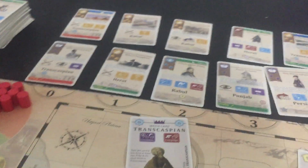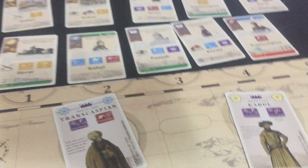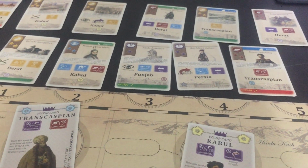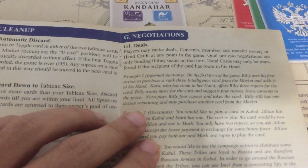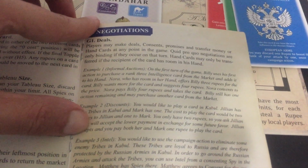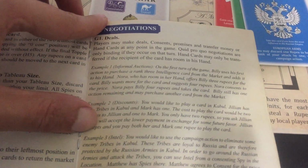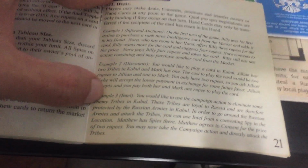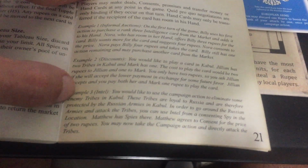And there were different kinds of negotiation listed in the original rule book, as you can see right here. And they had 3 examples kind of showing the different things that you can do. You can do auctions. You can do discounts on like bribes and stuff like that, which you can still do in the current game. And you had essentially